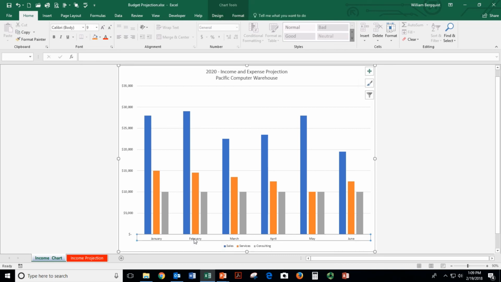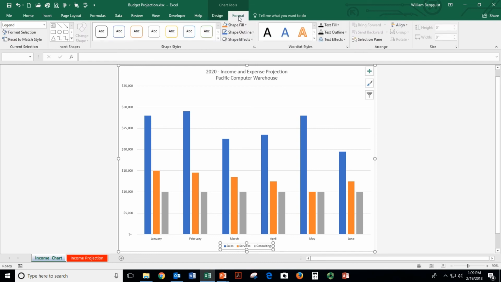January, February, March. Hats, coats, gloves. Apples, bananas, oranges. It's always going to be words, where your y-axis is always going to be values. Then down here I have my legend. Now when you have your chart selected, you get a couple extra tabs on your ribbon up here,